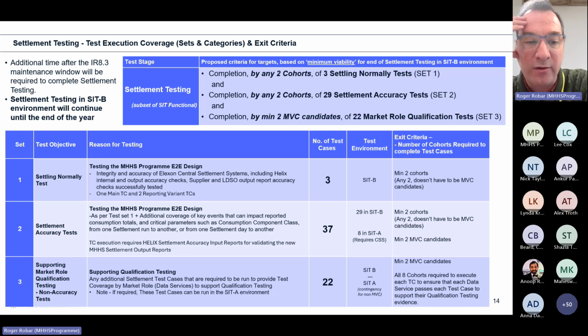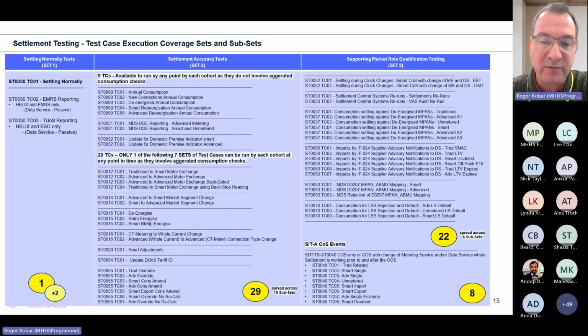So instead of having everyone run all the tests, we're looking at these minimum measures, especially around the cohorts. That is what Stuart and the team have done. Here you can see the actual test cases themselves. I didn't include the slide in this deck, but Stuart's got a useful slide in the FTIG pack that shows the status of each exit criterion and where each one is. And we've achieved several of them, not all of them.